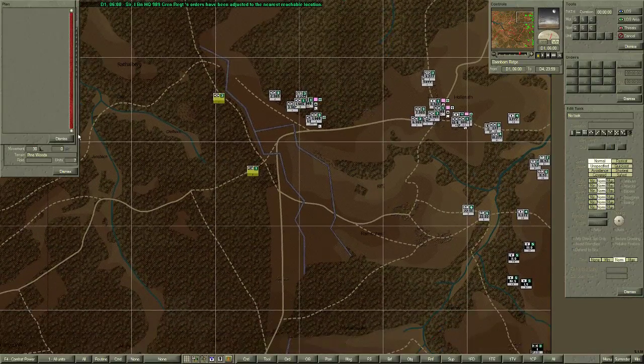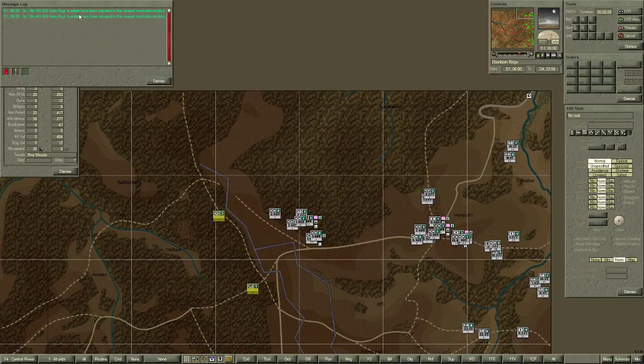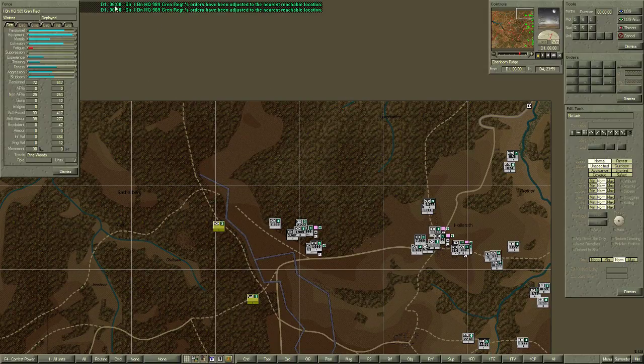So this is the plan. The plan view is empty now. You will see what it's all about later. The messages tab is quite great because you get all the messages sorted by priority. But I have this little lock up here I always use,